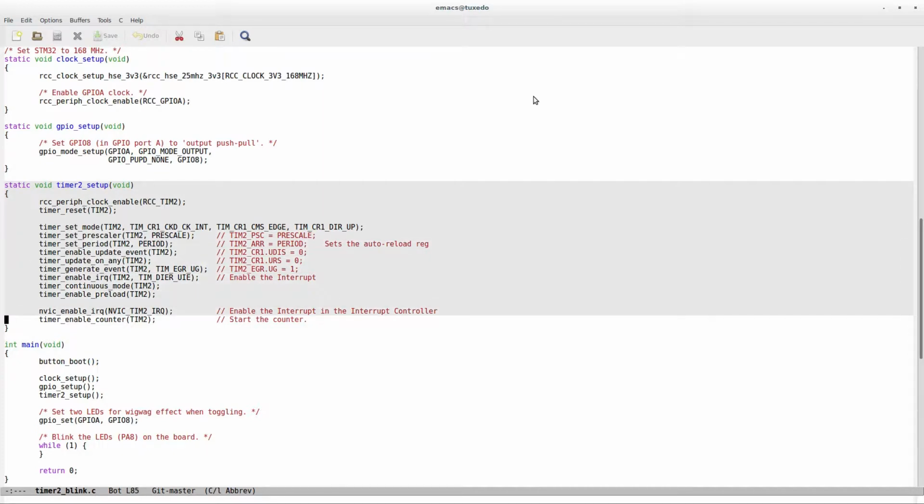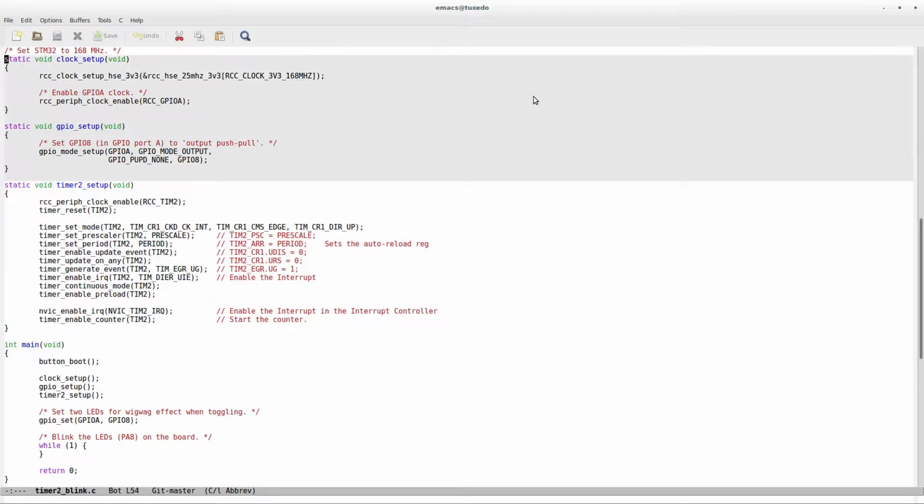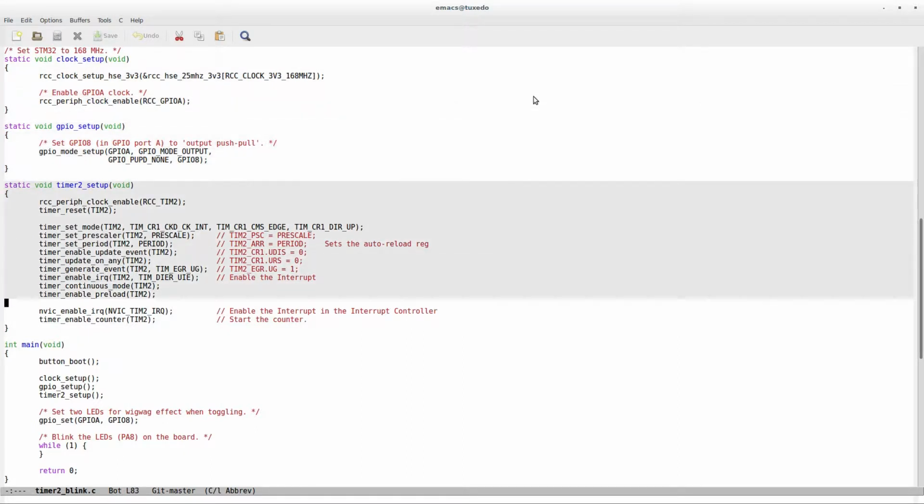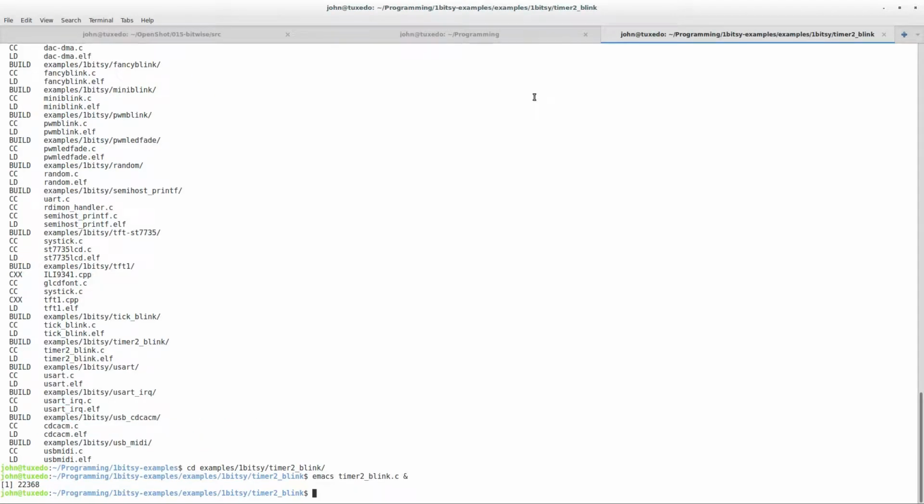So in the same way as there is a clock setup and a GPIO setup function, I took my block of code and did that. I created, that's the example, but I've actually created another branch. So if I git branch,